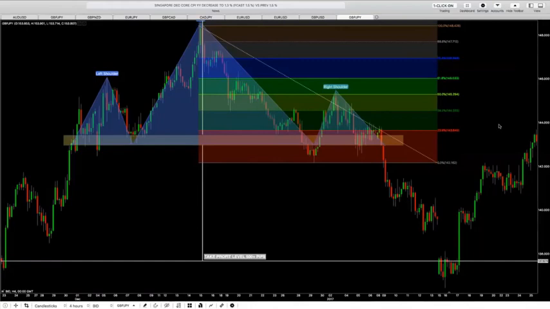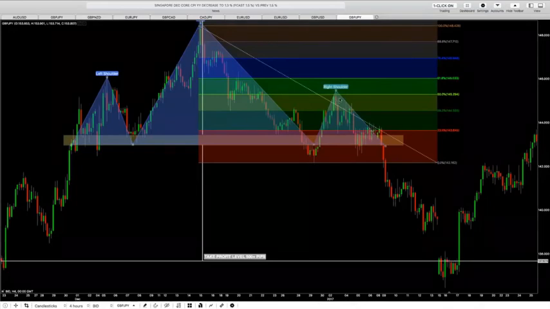Now, if you see here, what did the market do? From high to low, we're looking for one of these Fibonacci levels to be hit, so that we can see a rejection off these levels. That way we can start preparing and looking for entry points in the market. As you see here, the market came to the 50 and it failed, and that's a good sign. Why? Because that's showing that the market is still downtrending.